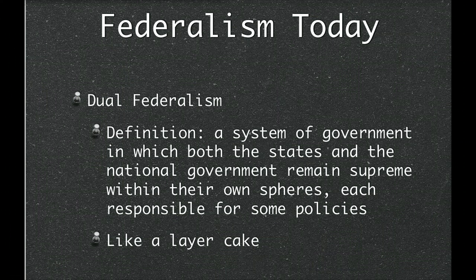Now we know that the commerce controversy in Gibbons v. Ogden in 1824 points out the fact that it was very difficult to separate national from state jurisdiction. It wasn't easy. And by the time we get to the 1930s, the separation between the state and national government proves to be virtually impossible, which pushes dual federalism out of the scene, and we move into what we call